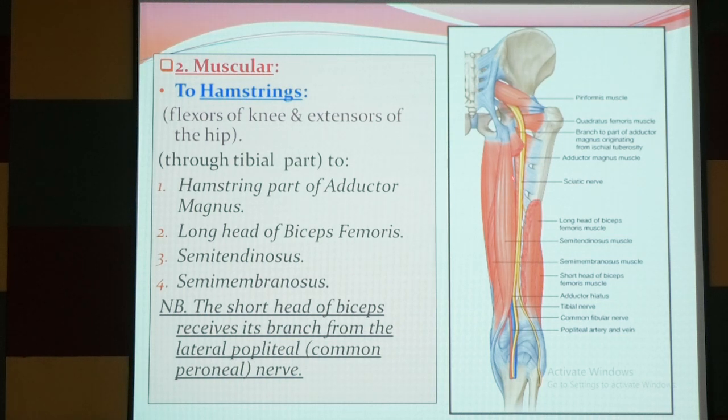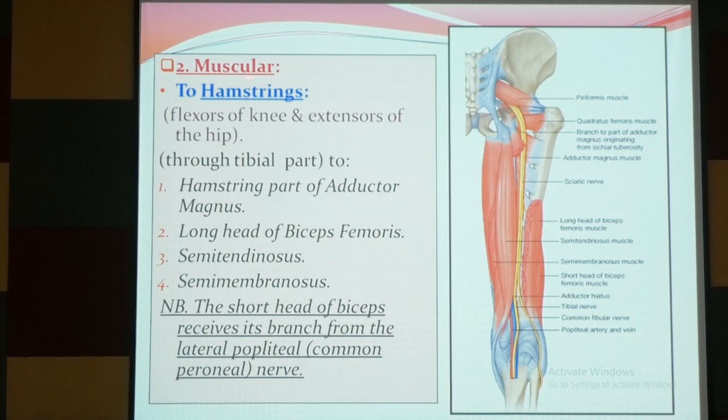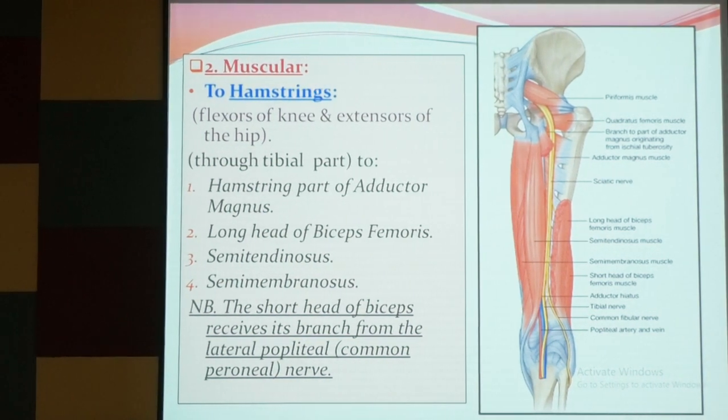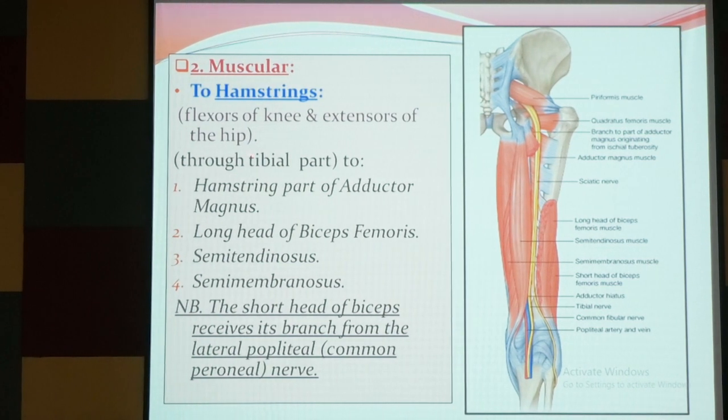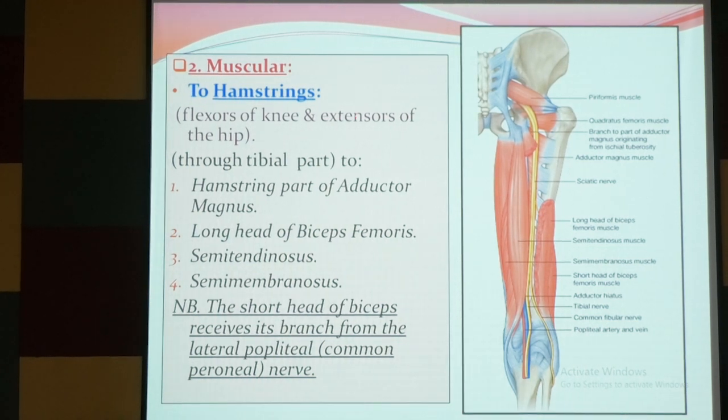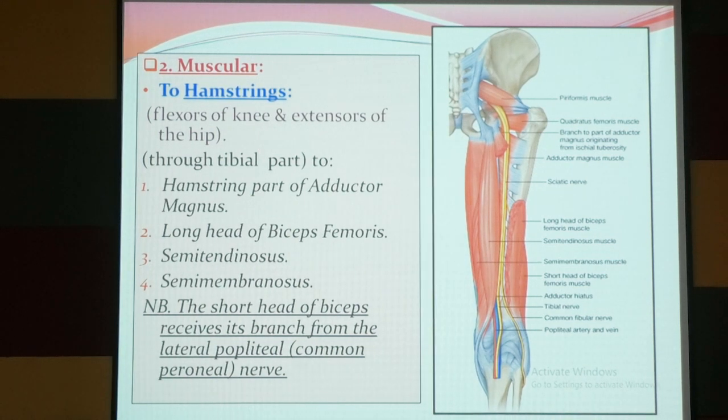This is the course of the sciatic nerve supplying the different muscles. You can see it says cutaneous branches, I've showed you. Now the muscular branches are to the hamstring muscles, that is flexors of the knee and extensors of the hip. These are the hamstring muscles, the flexors of the knee and extensors of the hip, through the tibial part to the hamstring